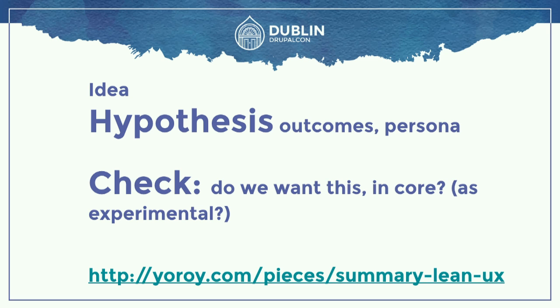And the idea should not be a spec, but just, I think it might be a good idea because if this and this is the outcome when we test it, then we know it's a good thing. And we're doing it for these personas, these types of users specifically. So we want to provide a space where people can just propose ideas, not a patch, ideas. Proposals for improvements. And the check then is,